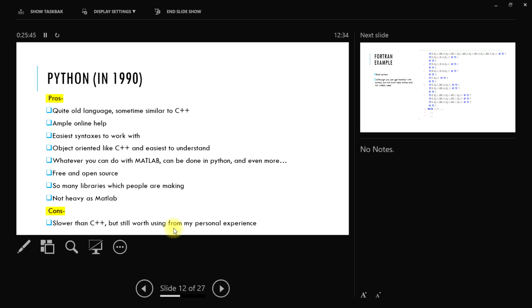In FORTRAN and C++, during my PhD, it was tough for me every time to download data and plot. First download, save, then plot, and then visualize. In Python and MATLAB, you can run a program and simultaneously some data is getting generated and you're plotting it while the program is still going on. So it's easy to visualize in Python and MATLAB.